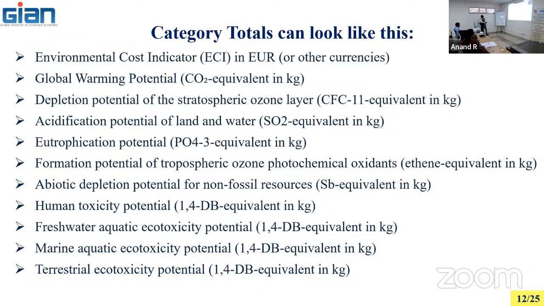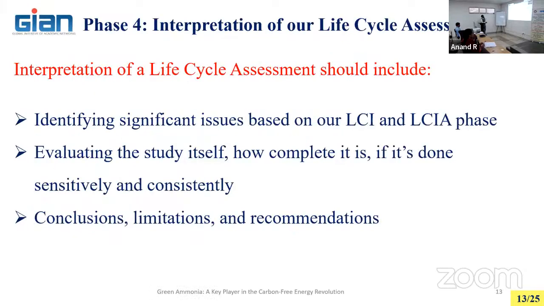What other categories can we look into? Environmental cost indicator, global warming potential, depletion potential of the stratospheric ozone layer, acidification potential of land and water, eutrophication potential, formation potential of tropospheric ozone photochemical oxidants, abiotic depletion potential for non-fossil resources, human toxicity potential, freshwater aquatic ecotoxicity potential, marine aquatic ecotoxicity potential, terrestrial ecotoxicity potential. So several parameters need to be taken into account for doing the life cycle